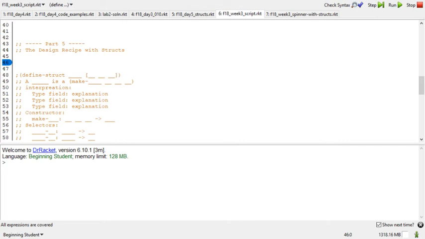We've been pretty loose so far, making all these structs. From now on, we'll be following a careful design recipe when we make new structures. I have the design recipe here, so let's walk through it bit by bit, filling in the details for our